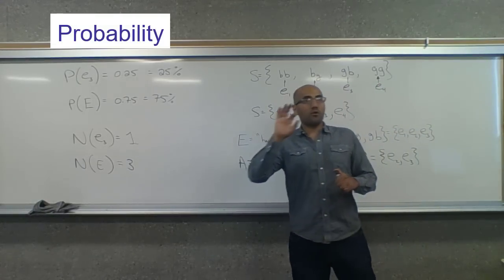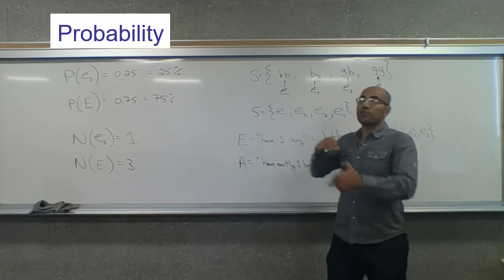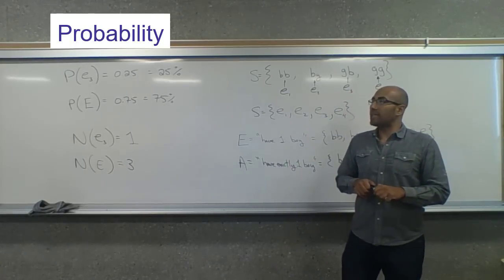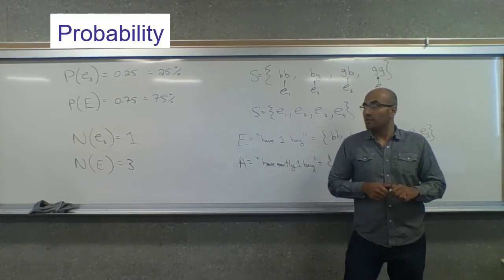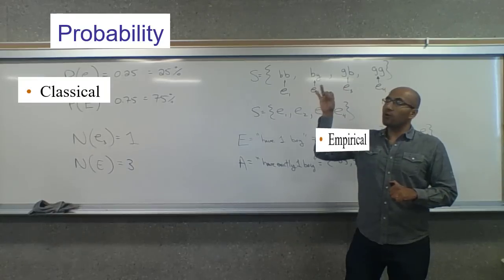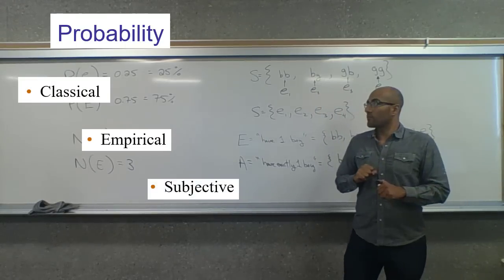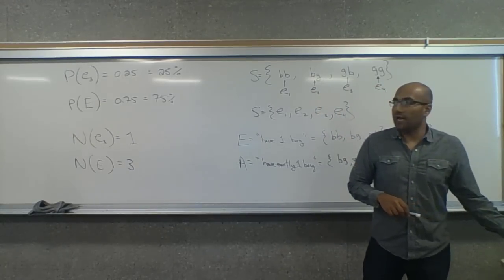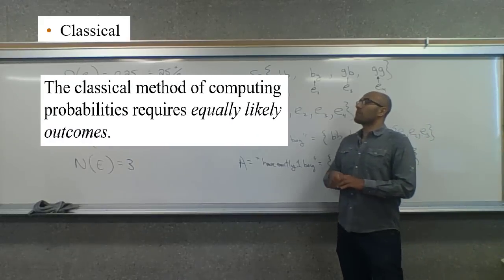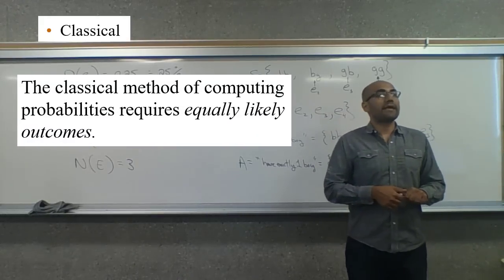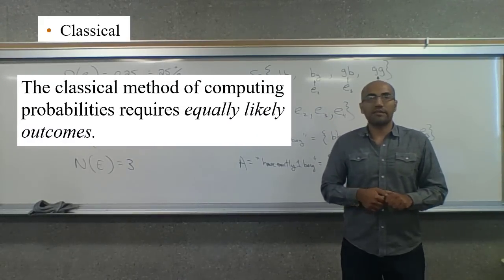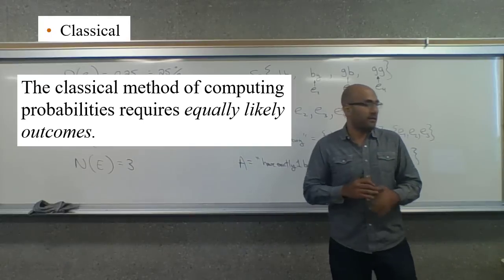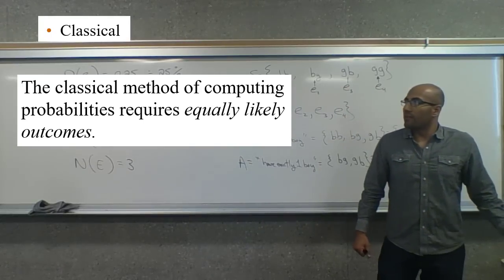In this class, there are three approaches that we're going to try to establish the probability of some event. The classical, the empirical, and the subjective methods. Okay? So first, let's look into classical. The classical method of computing probabilities requires equally likely outcomes. That's really important to keep in mind. I'll refresh your memory of that in a second when we go through our example, but it's very important to